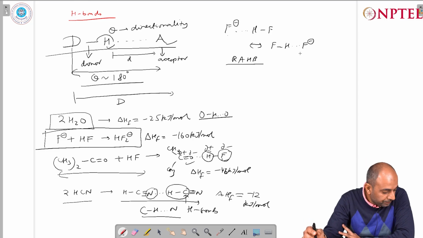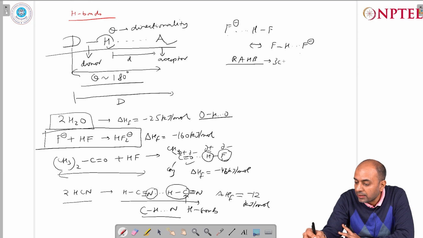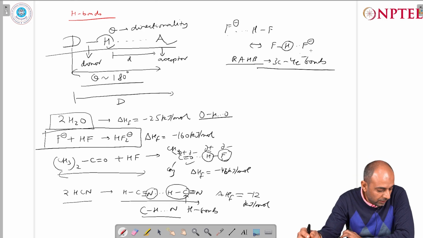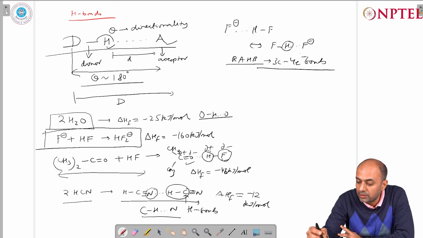These are actually 3 center 4 electron bonds. So the proton is stabilized between the 2 electronegative fluorine atoms, and there is a sufficient amount of electron density present between the hydrogen and the fluorine atom compared to, for example,